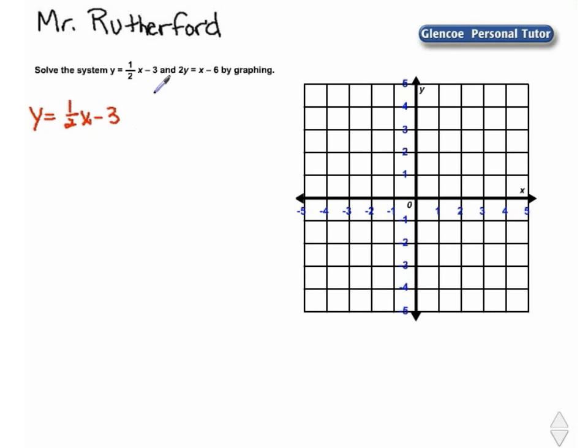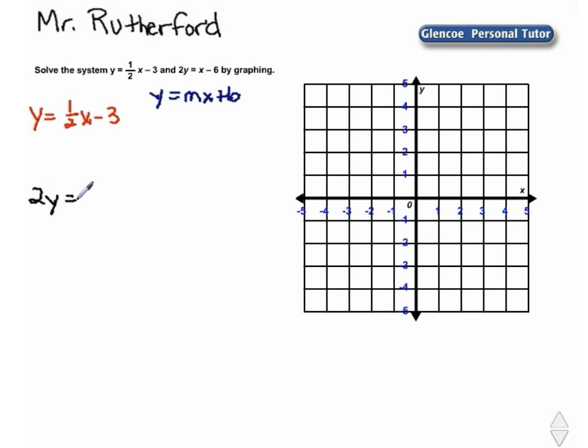Just to remind you, slope-intercept form is y equals mx plus b. Notice that our slope of this particular line is 1/2, which corresponds to m, and our y-intercept is negative 3, which corresponds to our variable b. Next we have